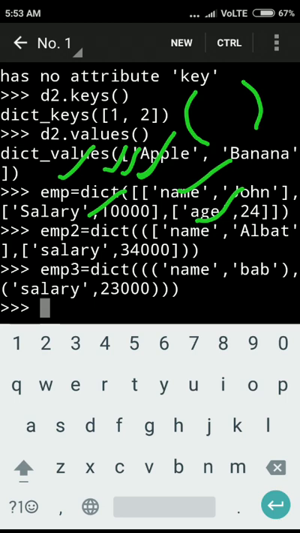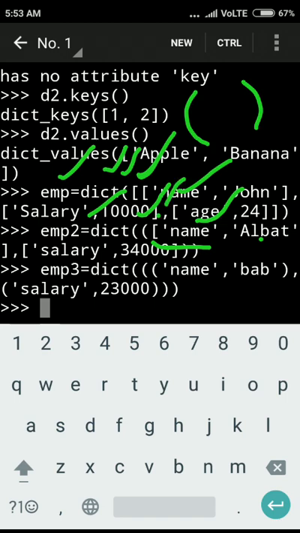If we want to create the list inside the tuple, we use the curly bracket. Here also we are using the dict method with a tuple as an argument, and there are three lists in one tuple.